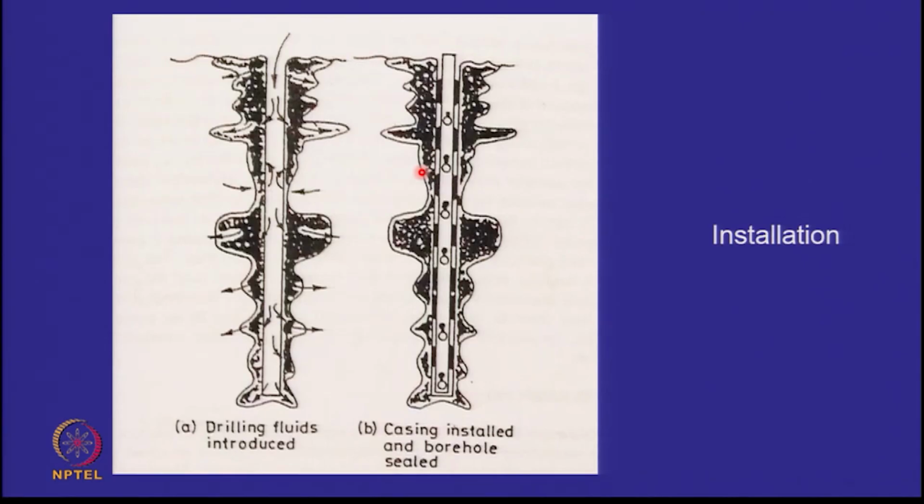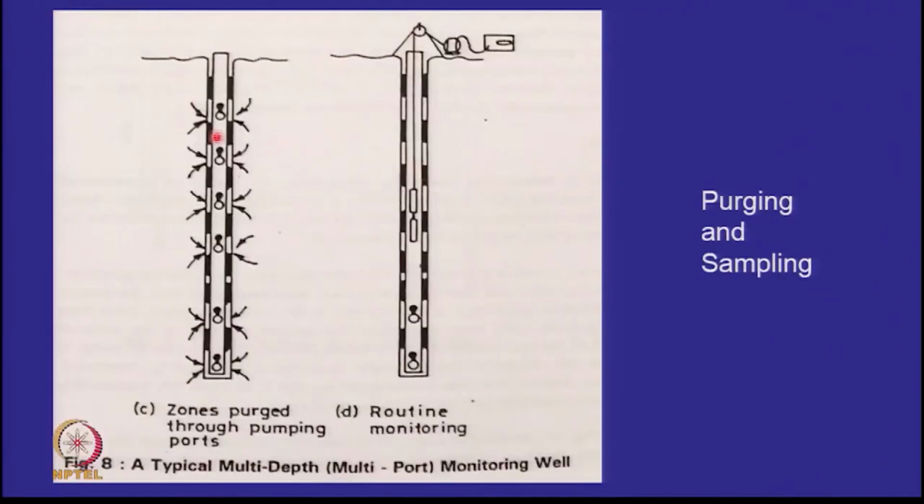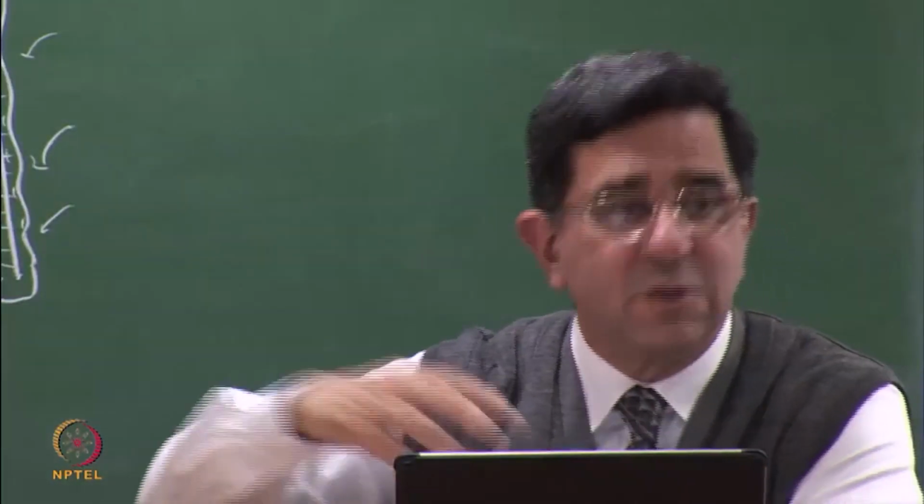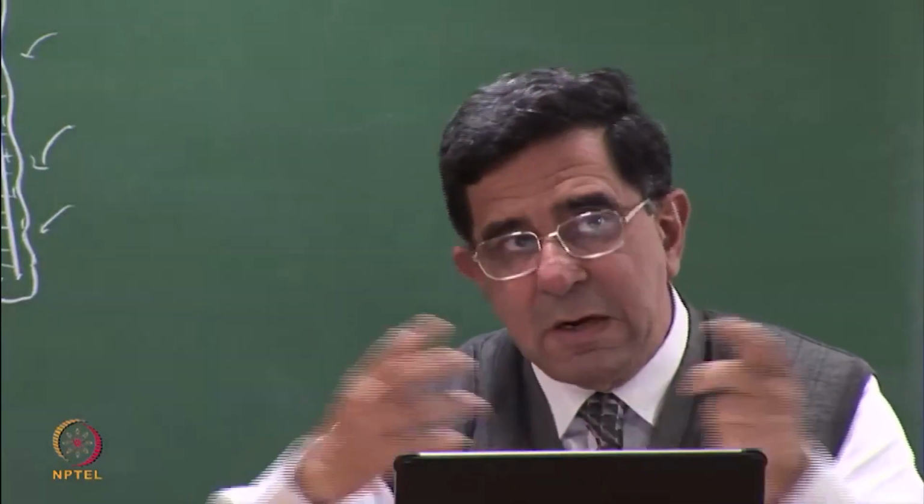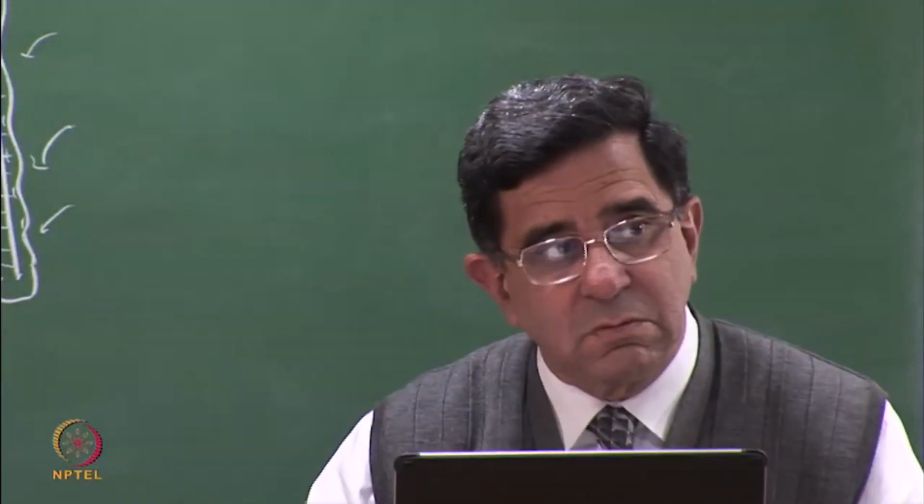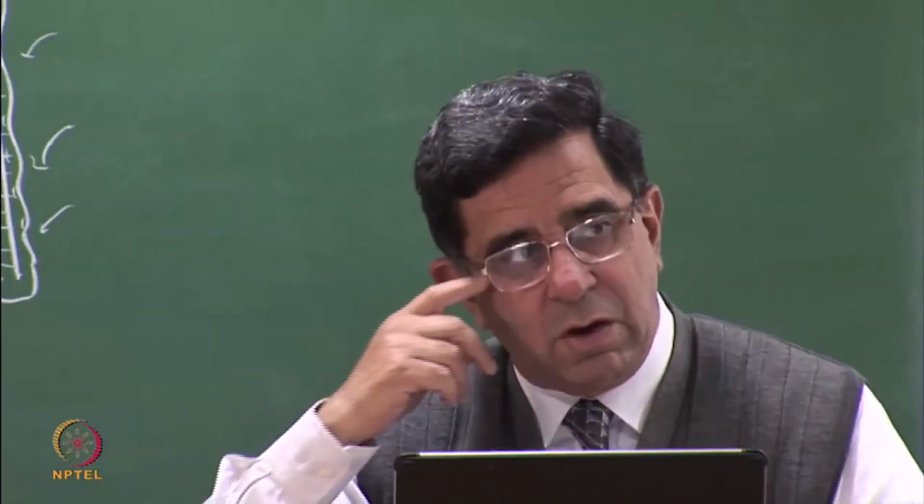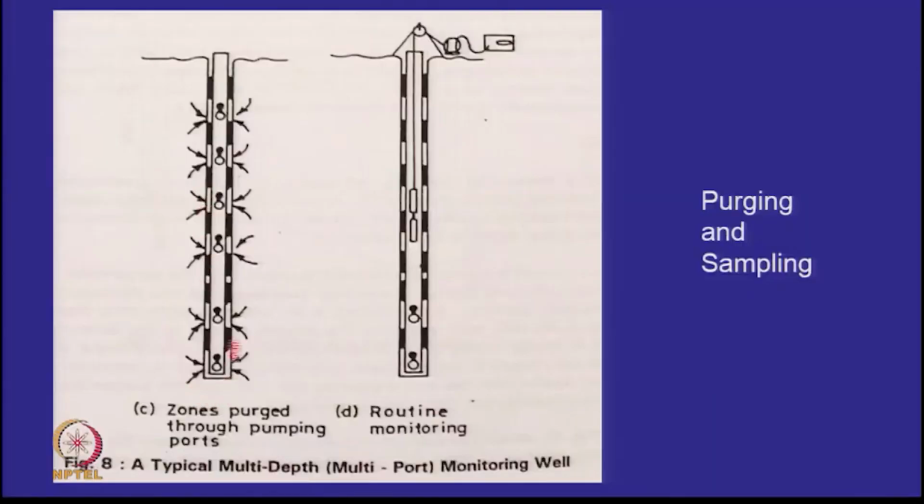I install my device, then I do the purging, well development. I keep all the ports open and suck out the water. What is the idea of doing this? All the bentonite slurry or drill fluid which we have put into the soil, first that will come out. Well development takes weeks. It doesn't get developed in a day. So you allow the water to come out, you are disturbing the groundwater. So after the purging has taken place through the ports, you close all the ports. Then only that port will open where you want to sample and when you want to sample,